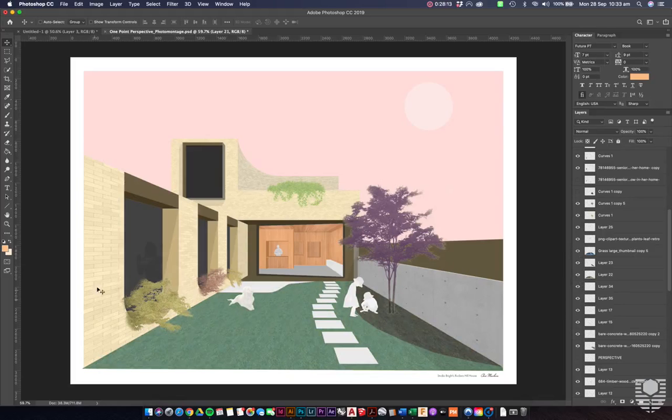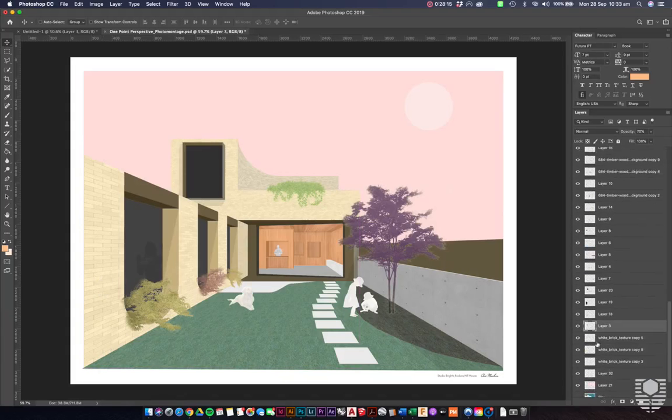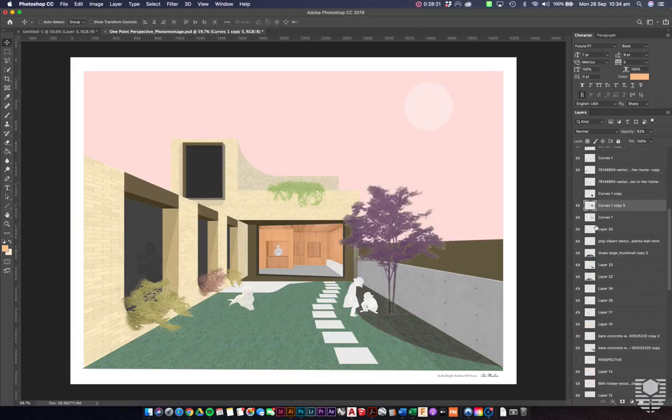These brick walls that we have here have both the wall texture, which is underneath there, and the color over the top. This tree, if I click on this one here, has both the original tree and a color that we've put over the top. And it's that same technique of using right-click, select pixels, and using the paint bucket or a brush tool over the top. And the reason we do this is because if I turn this off, a real tree does not